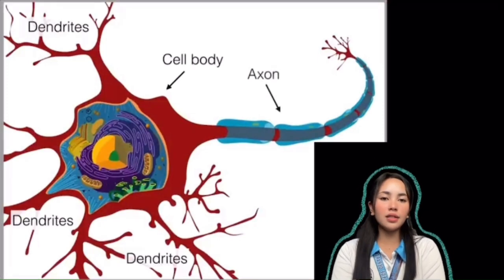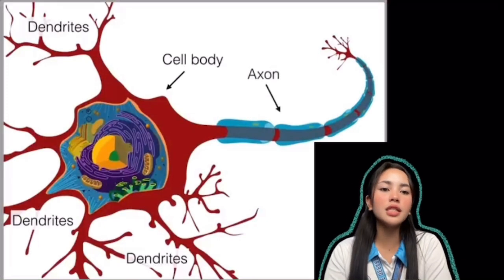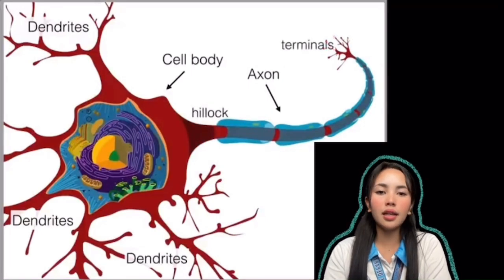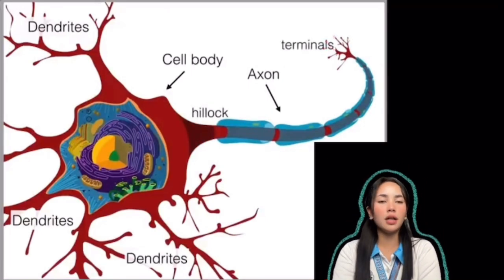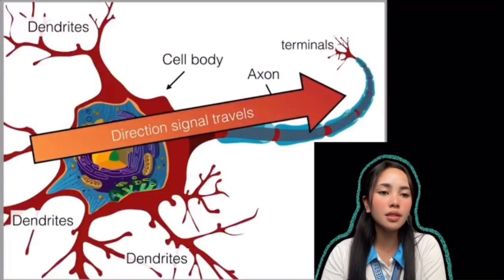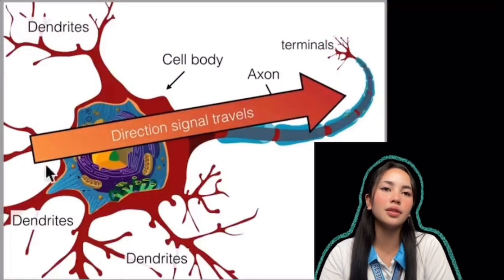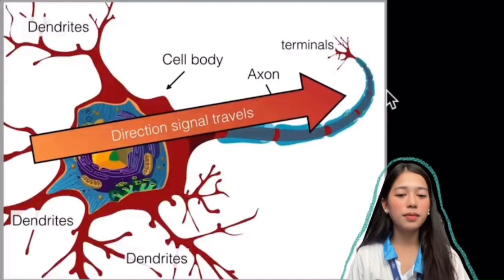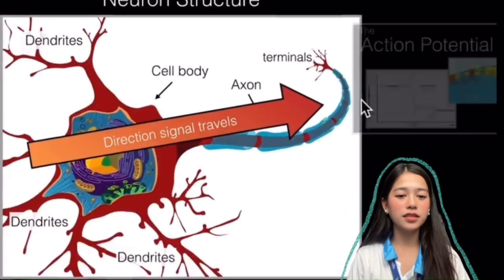Then we have the axon, where we're transmitting information. It begins at the axon hillock. It is going to move to the terminal. Now remember, at the terminals there are synapses that connect us to other neurons. But the signal is going to move in this direction. We're taking in information from the dendrites to the cell body, and then we can send information to the next